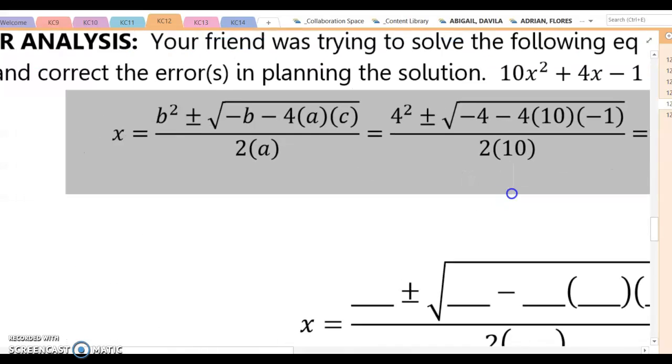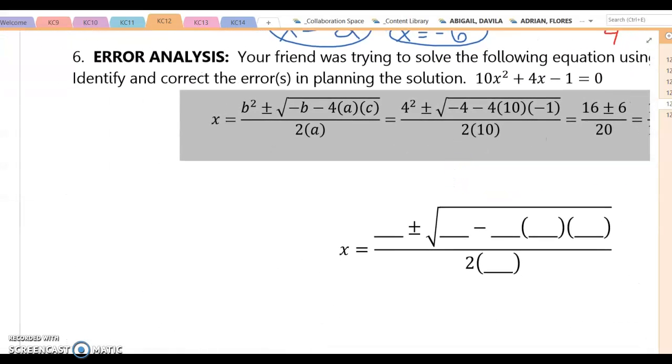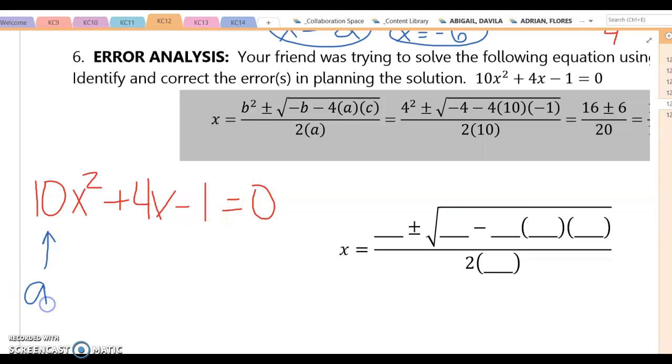So we've got, here, I'm going to write it over here. So we have 10x squared plus 4x minus 1 equals 0. So this tells you A is 10, B is 4, C is negative 1. So x equals negative b. So b is a positive 4, so when you plug it in,